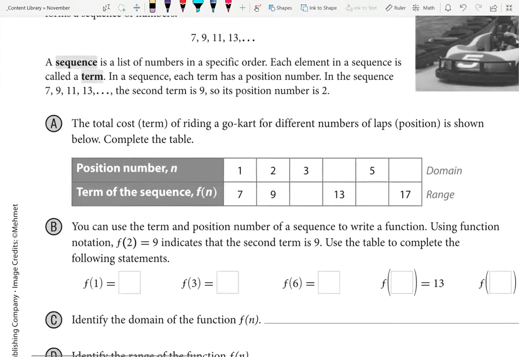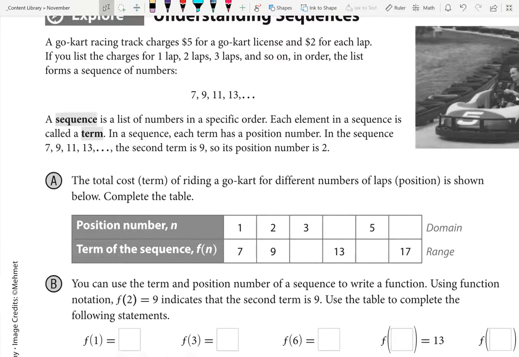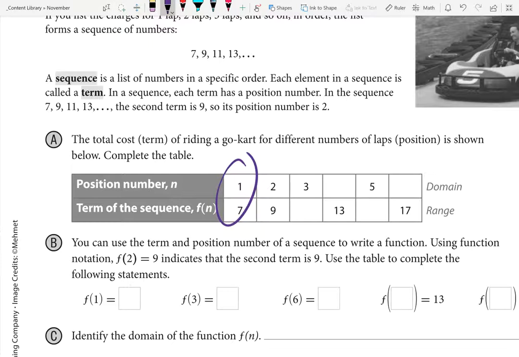Now, in this particular problem, we're going to look at the introduction of a sequence regarding a go-kart and the number of laps it completes. The go-kart racing track charges $5 for a go-kart license and then $2 for each lap. So if you list the charges for 1 lap, 2 laps, 3 laps, and so on, the list was 7, 9, 11, 13. If you race 1 lap, in total you're going to be paying $7. It's $7 because you're paying $5 for the go-kart license and an additional $2 for that